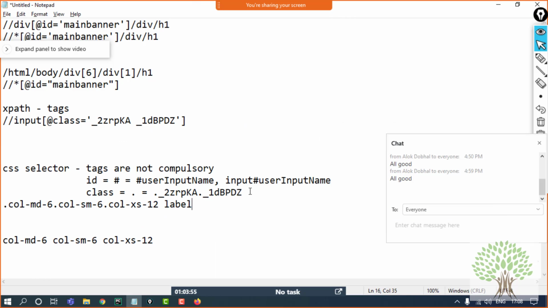So now this kind of CSS selector has been made by my own practice. What it will do is it will look inside this class, and as many labels as are there in this class, those all will be printed for me. I don't have to go inside and write /div and that. I don't have to do that. It itself will look for this tag and will give me the output. This is the use of CSS selector, and it's very easy, just that you need to be careful about the spaces.